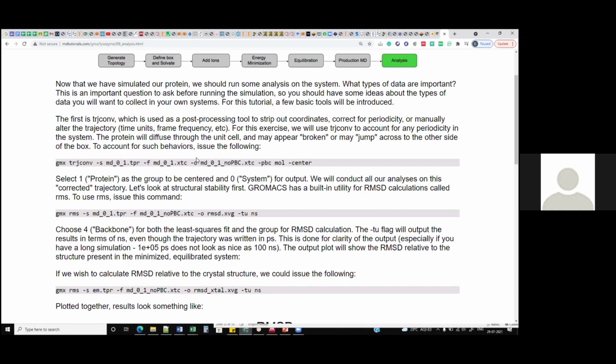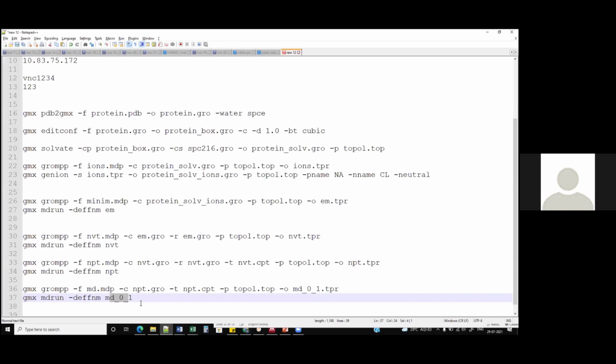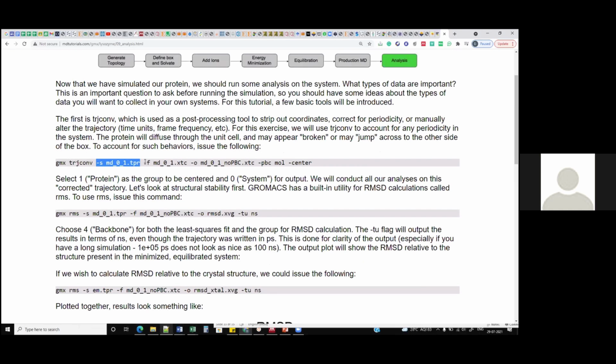So if I need to explain this command, the analysis commands are run by gmx, and then you have this trajectory conversion command, wherein the input is the output of the last command. And then you need to again provide the file which is called an XTC. If you really want to learn what these files are about, XTC, TPR, TRR, or trajectory file, or whatever the case may be, you can just Google it, or you can go to the Gromacs software page. There is a description over there in the manual. You can do that.